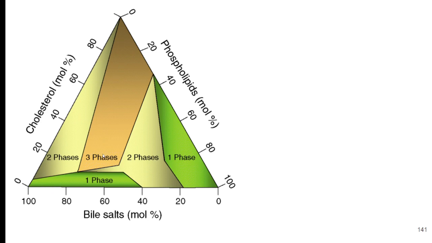The third phase is where the bile salts are very moderately low, but the concentration of the cholesterol as well as the phospholipids is very high. The risk of these is quite high. So lithogenic tendency